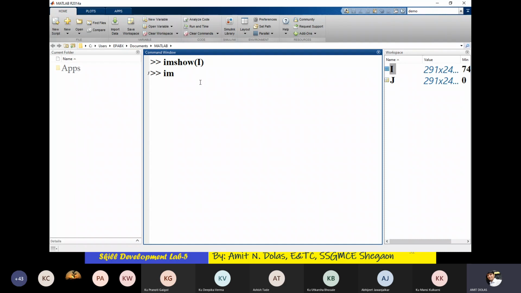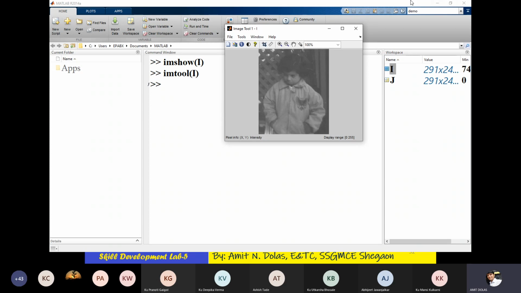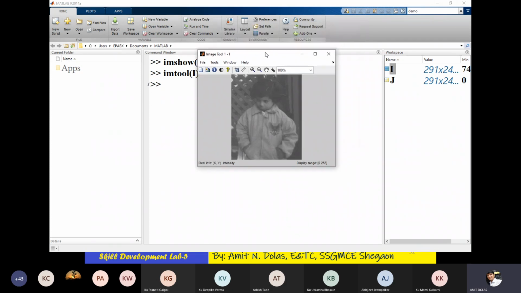Let's go for the ImTool. The command is ImTool in brackets I. You can see now this is the same image opened with the ImTool app, which will provide you the pixel info: x comma y as I stated earlier, intensity, and display range is 0 to 255 because it is unsigned integer 8, UINT8.